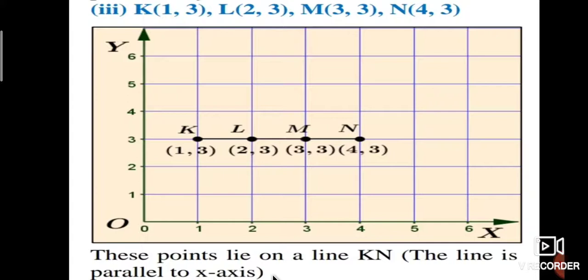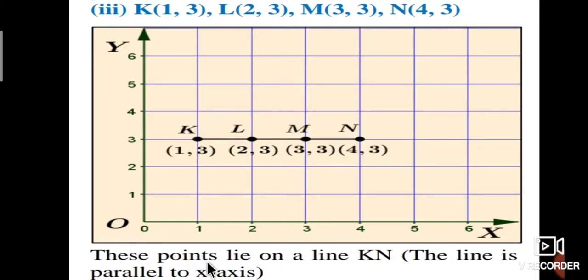Here observe that one. This is 0, 1, 2, 3, 4, 5, 6, etc. along the axes. This is the point (1, 3). This is the point (2, 3). This is the point (3, 3). This is the point (4, 3). This is the solution of the given problem.